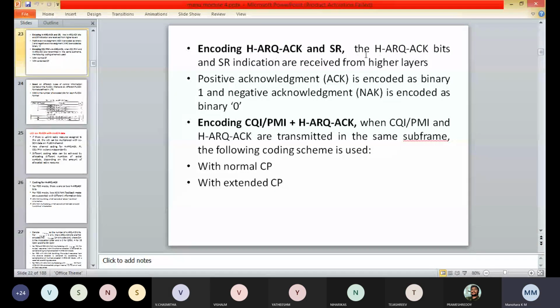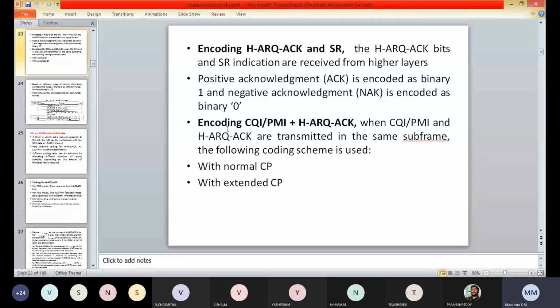Each positive acknowledgement is encoded as binary 1 and each negative acknowledgement is encoded as binary 0. There is one HARQ ACK bit for single code word transmission and two HARQ ACK bits for two code word transmission, that is spatial multiplexing.